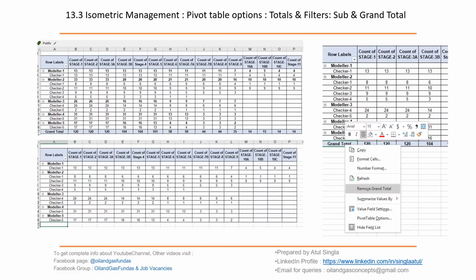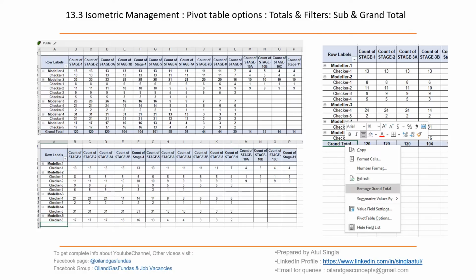In this table we have the same table. Just right click on grand total, like we have done here, and this will pop up. Just click remove grand total, so this row will disappear. Now there will be no grand total shown for individual columns. This is what we can do if we don't want to show too many details. This is very good to present data.